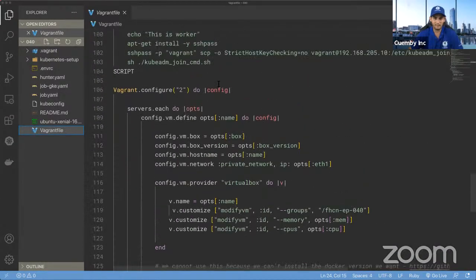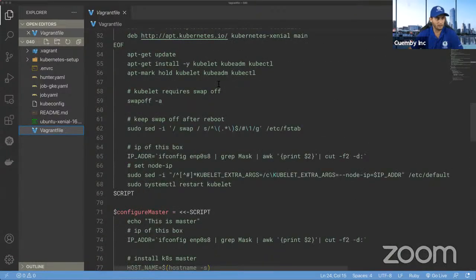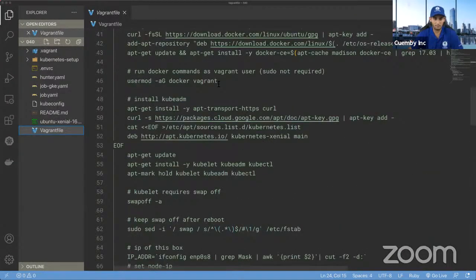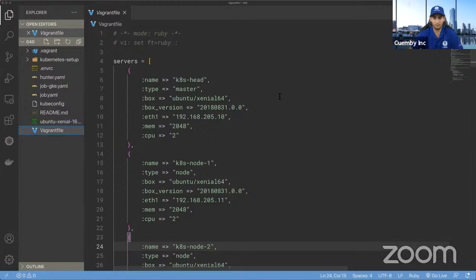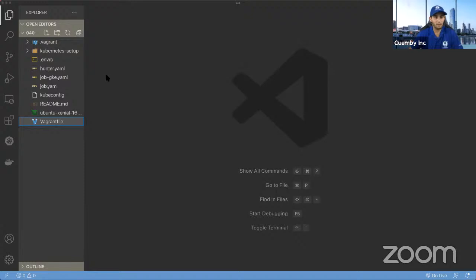So I'll make this available, of course, later on in GitHub, if you guys want to check it out. But I just wanted to show you that there's nothing really extra here, just an Ubuntu setup, and that's it. All right, so the background is running, everything's running, so let's do the first one.